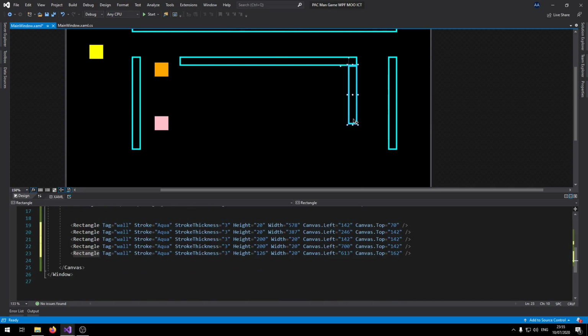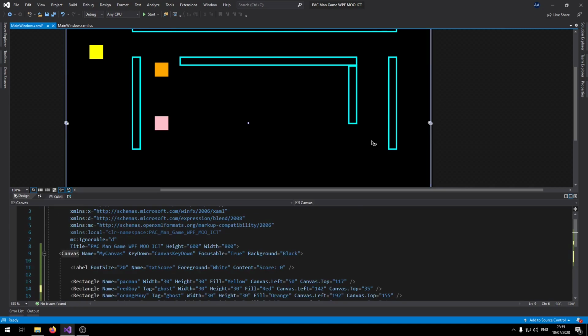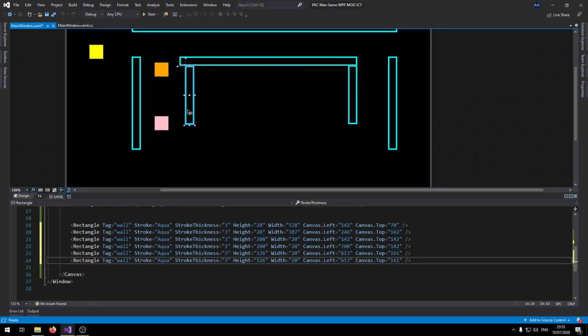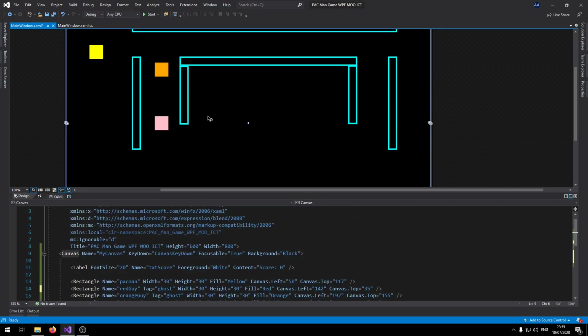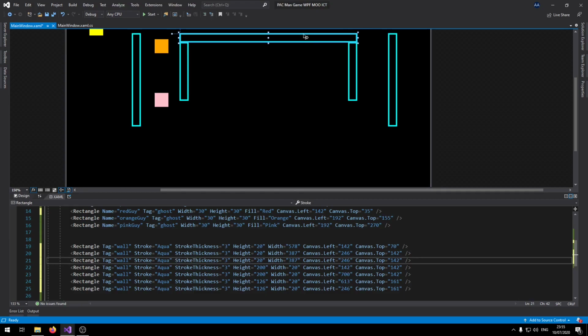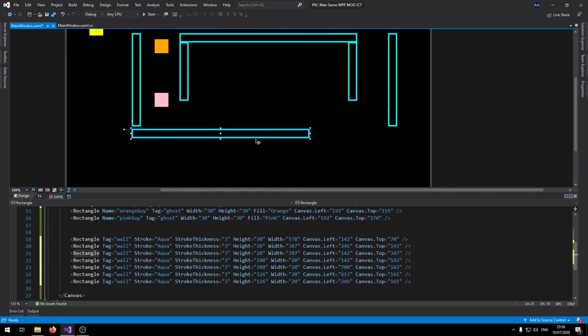Be connected there. Duplicate it again and just move it across. Okay, I could duplicate this one. So yeah,